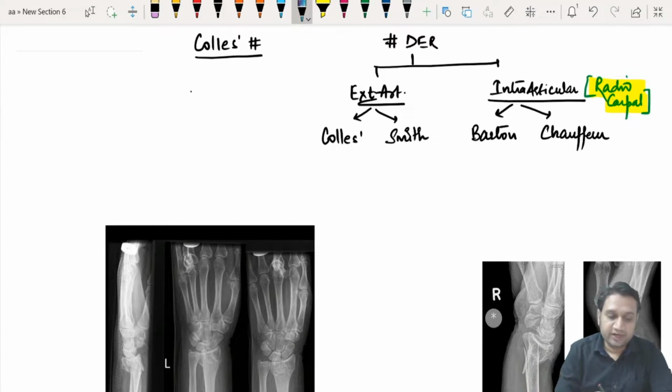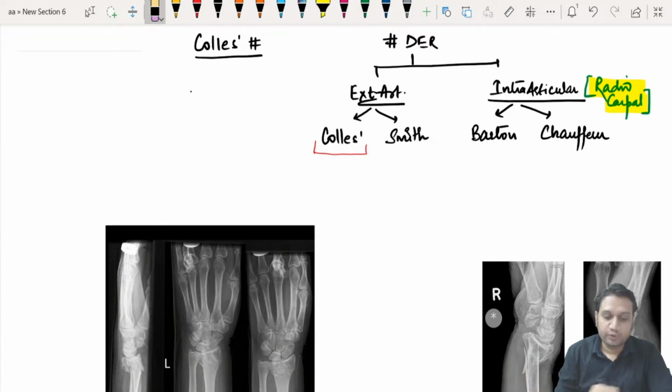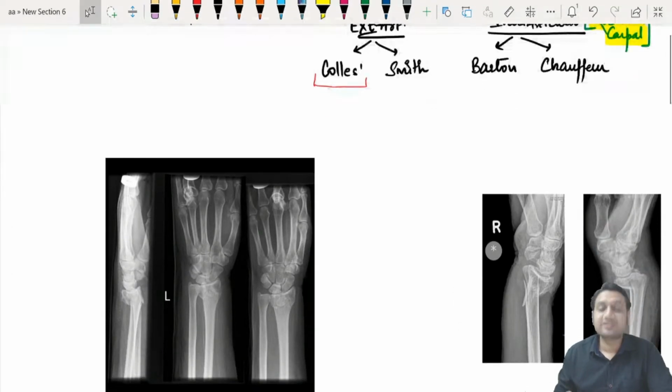Okay. So today we are going to talk about, because in some of the colleges, some of the universities, they ask you the questions, or in Viva also, what are the steps of reduction? How do we reduce? With each passing year, the trend has been changing, and now the questions are next level. So let's talk about this Colles. How do we reduce it? But before we move further, I'll just tell you what is the basic difference between Colles and Smith.